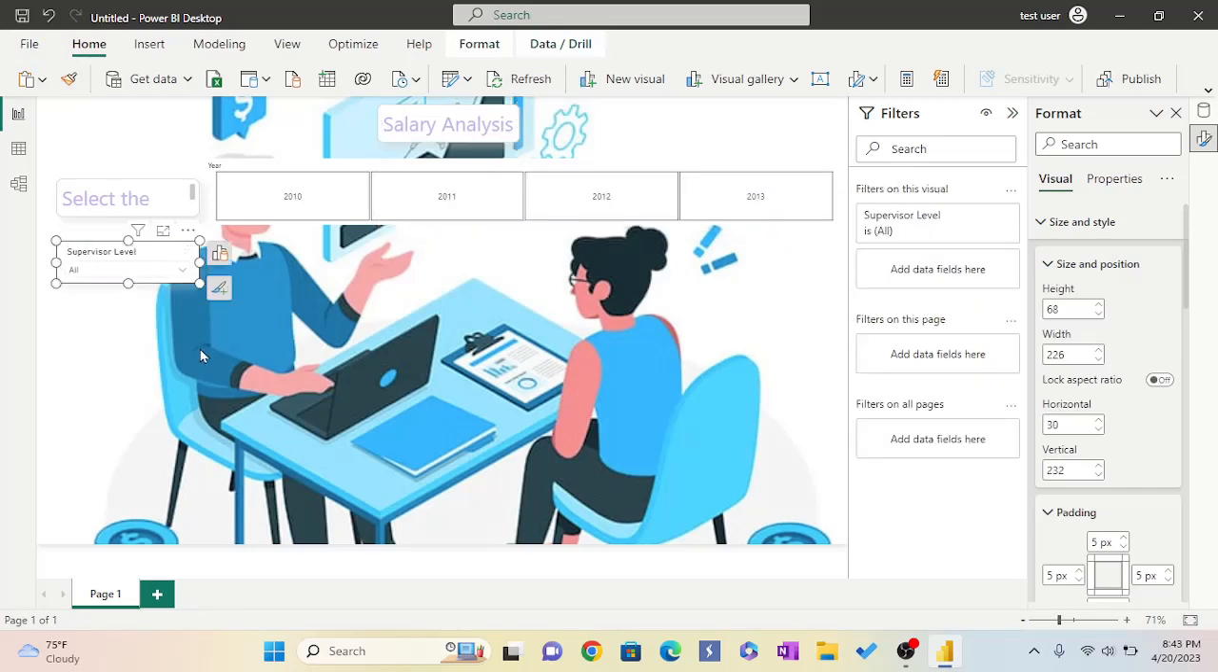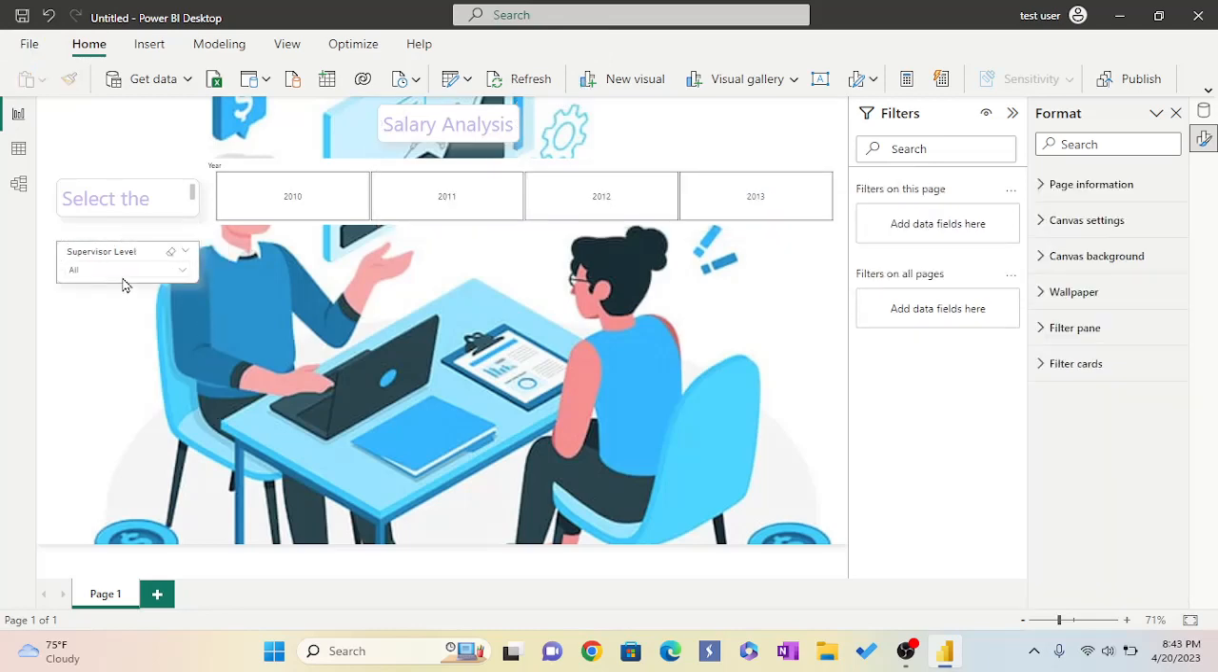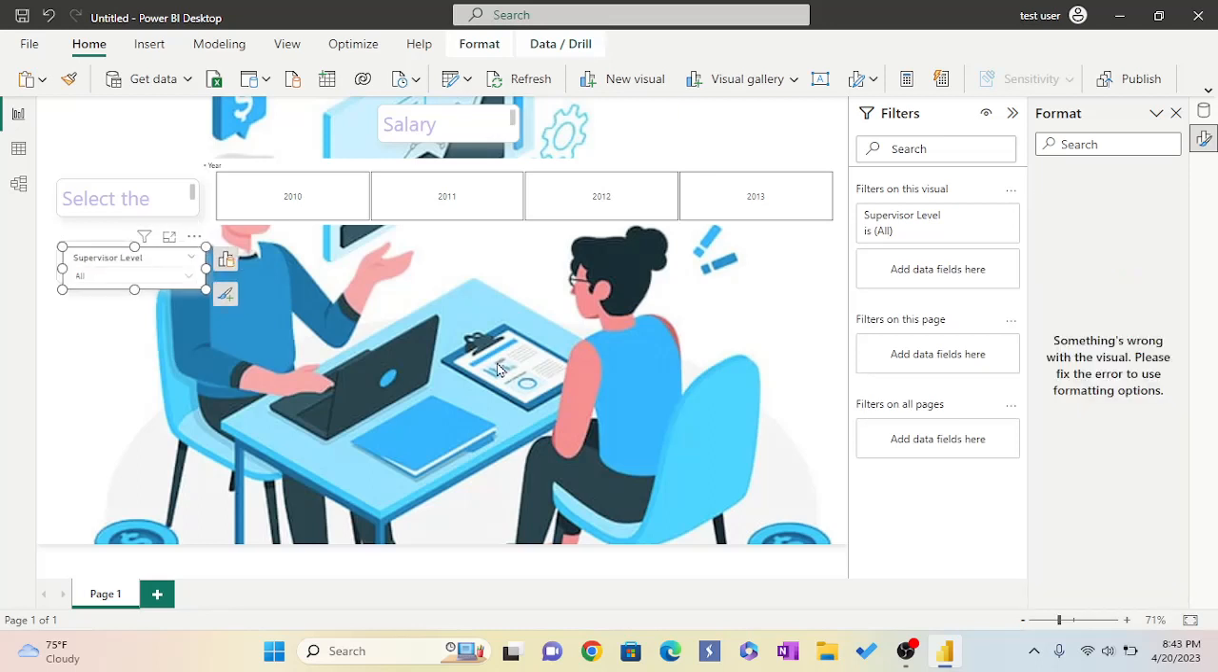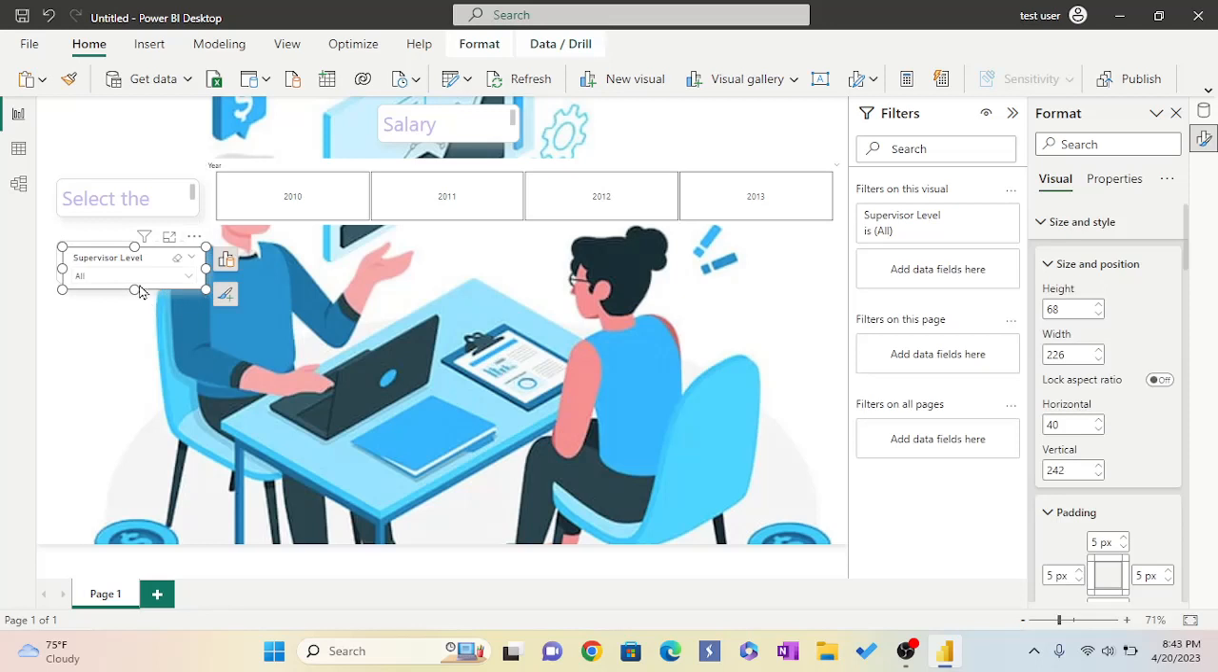So I'm copying all the format. Now I will click this here, Control C and Control V. So now I have a duplicate of the same. Now what I'm going to do is, here